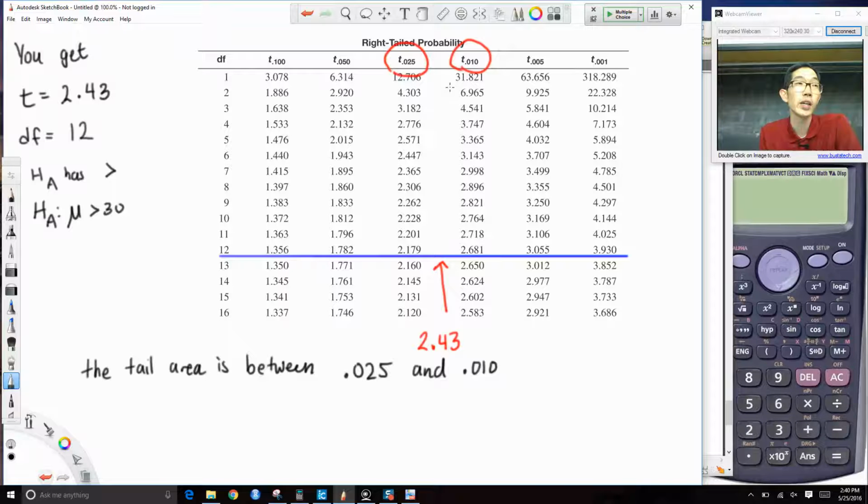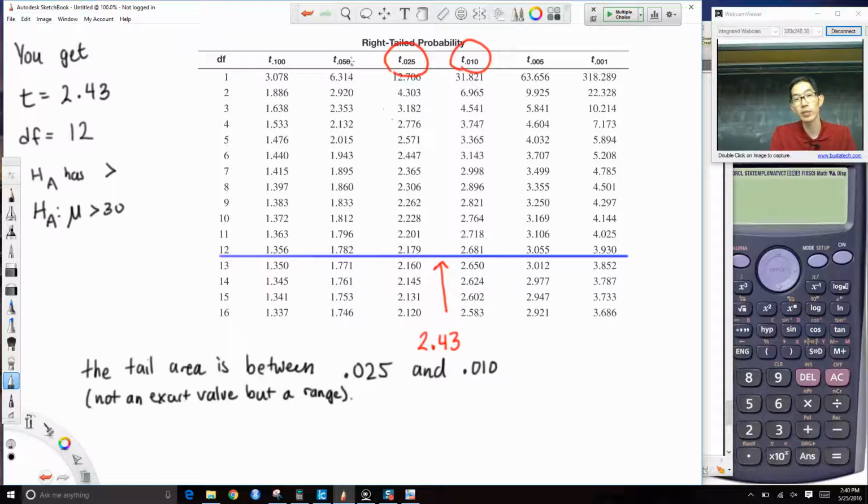Okay, and so we don't have an exact value for the tail area. Not an exact value, but we have a range. Okay, the only time, and this is very rare, but it could happen, the only time you would get an